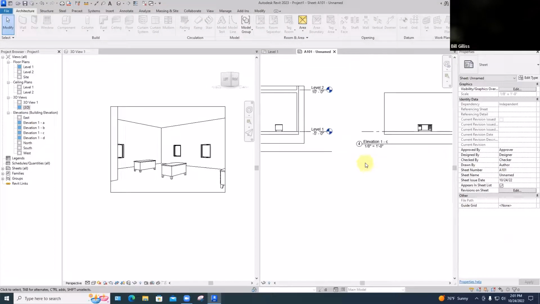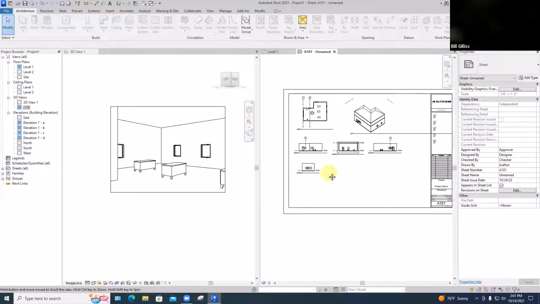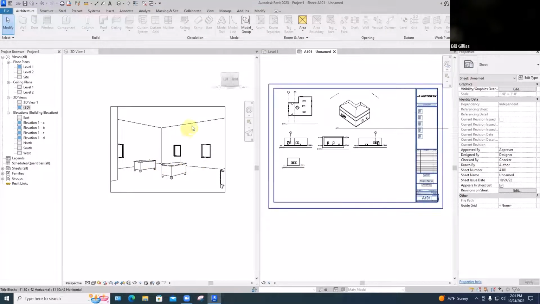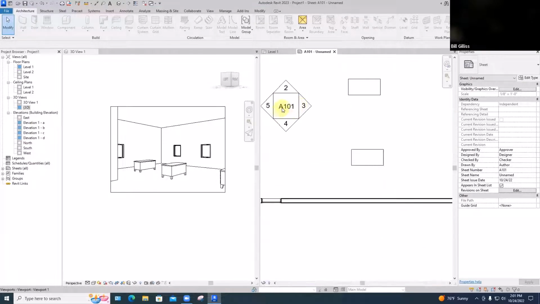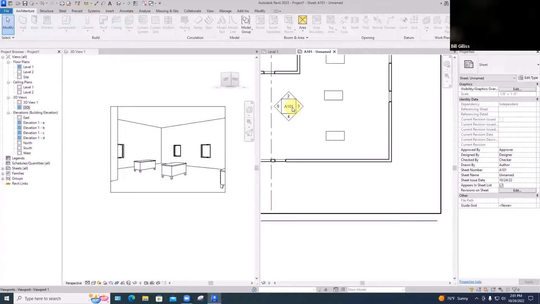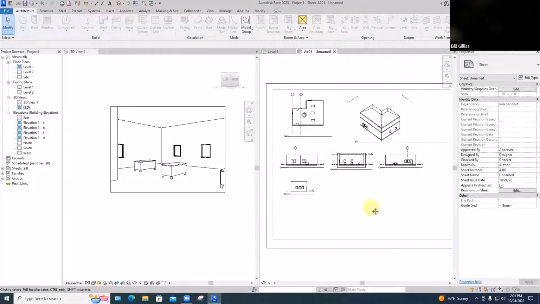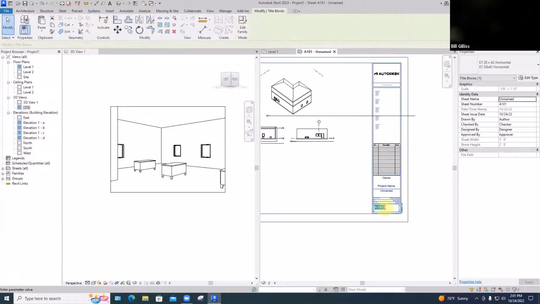And these all already have their drawing numbers on them. So if we go back to our floor plan view, you can see it already knows that those 4 views are numbers 2, 3, 4, and 5 on this sheet A101. And if I change this sheet to A105,